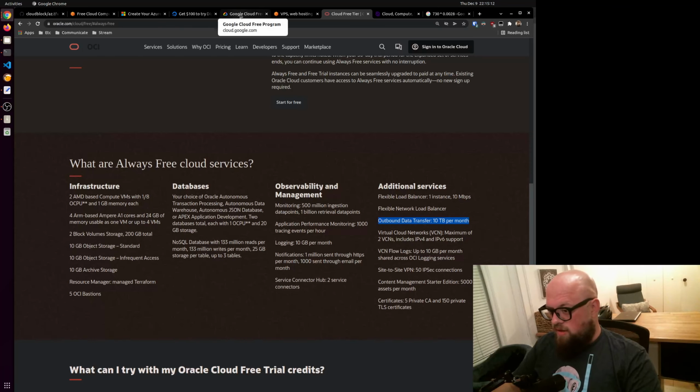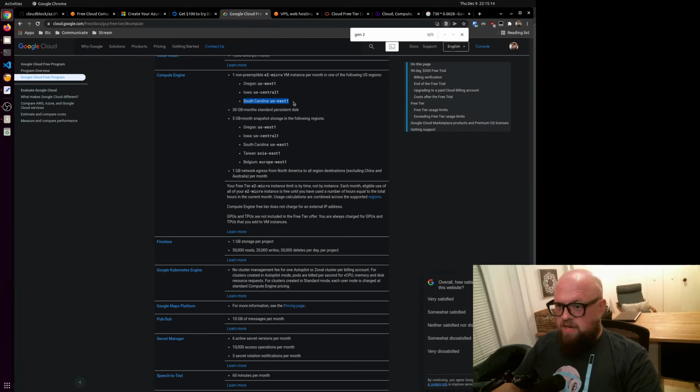Google, on the other hand, in addition to only being in the United States, by the way, the free VM for Google Cloud, they only give you 1 gigabyte of network egress, right? And you can use that up. If you tried to watch Netflix with Google Cloud, or you tried to store a bunch of videos with Cloudblock and then download them, you could easily exceed one gig with Google. So keep that in mind.